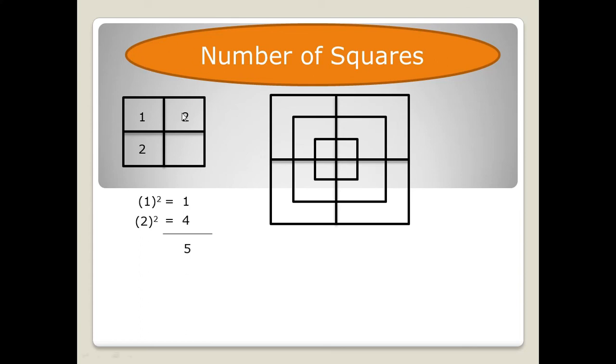You have to know that if there is such one shape, the number of squares is 5. If you have a close look at this figure, you find that there are 1, 2 and 3 shapes combined together to form this shape. So if one shape has 5 squares, then such 3 shapes would definitely have 15 squares.